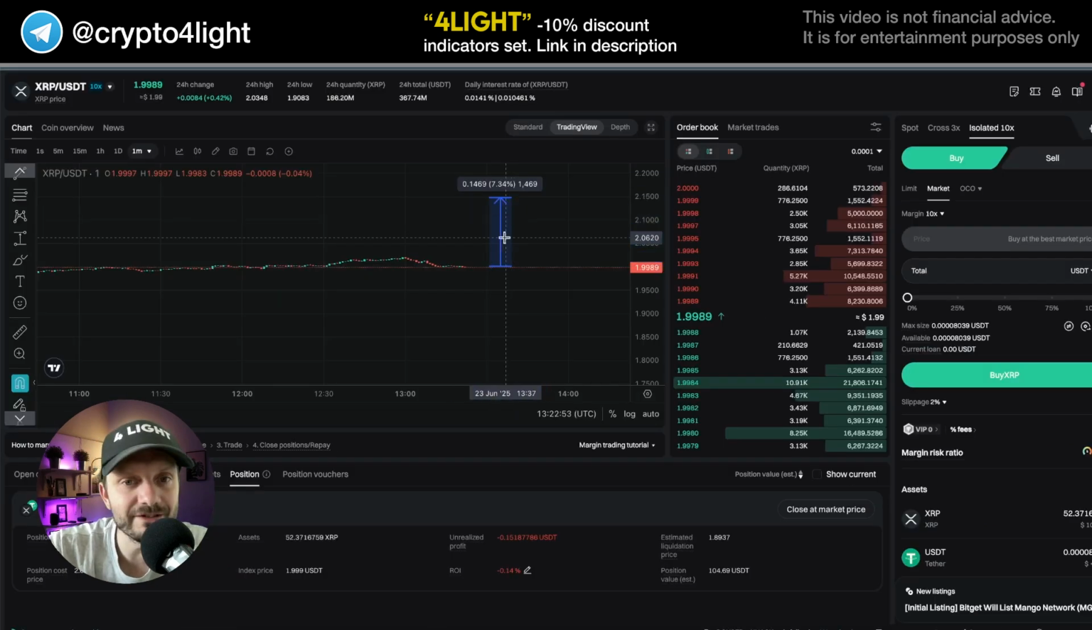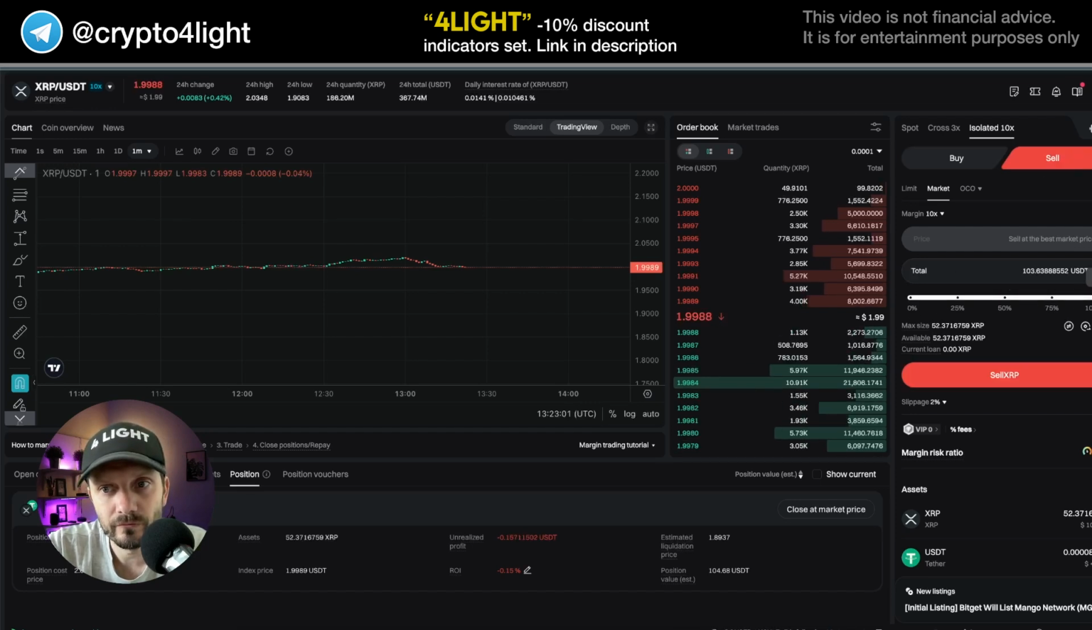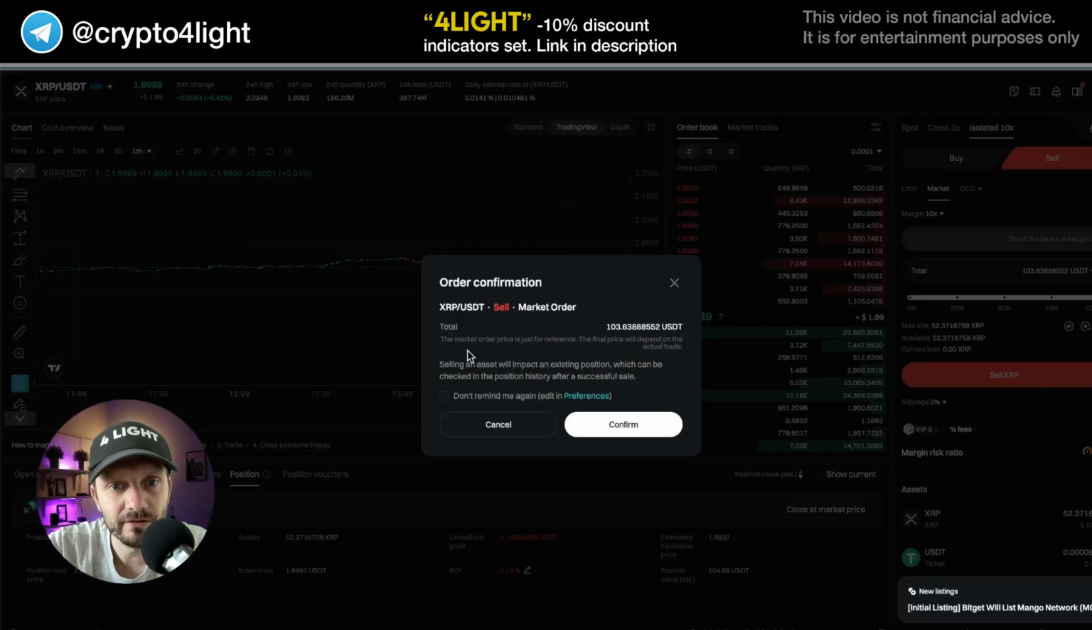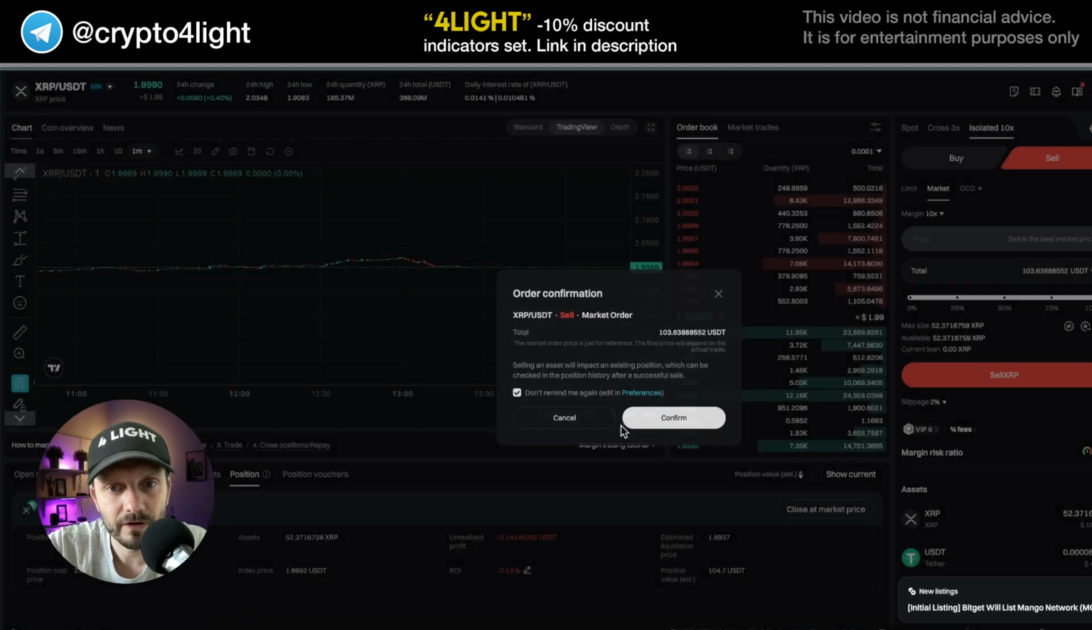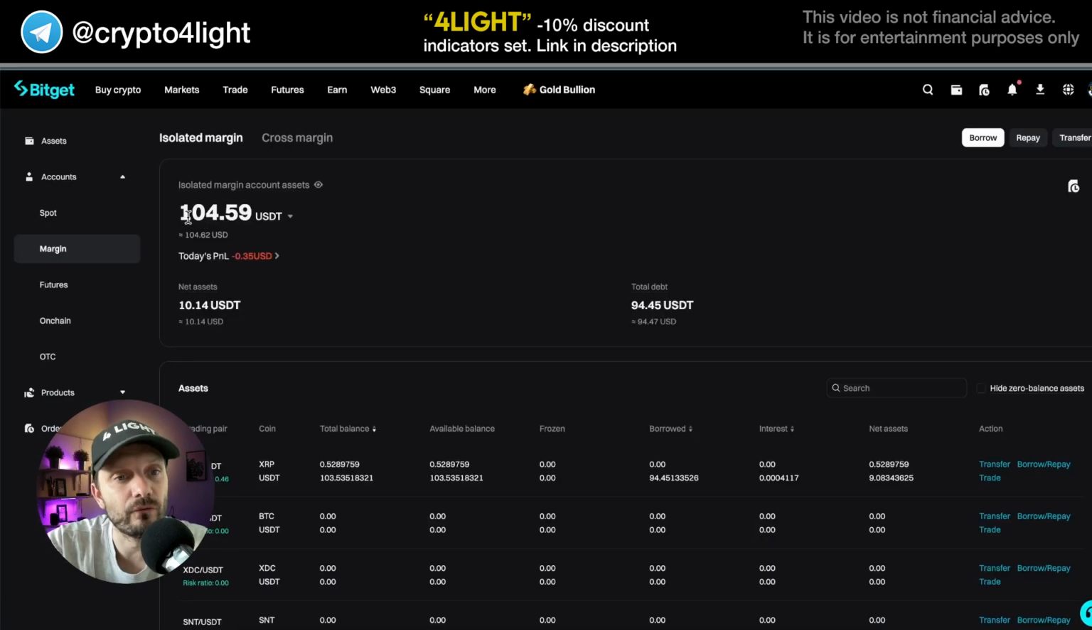To close position, we need to sell now our XRP tokens. Here we got a 52. Sell by market, sell XRP, confirm. Here's a buy, here's a sell. Now we still have like $104, but now we got 0 XRP,